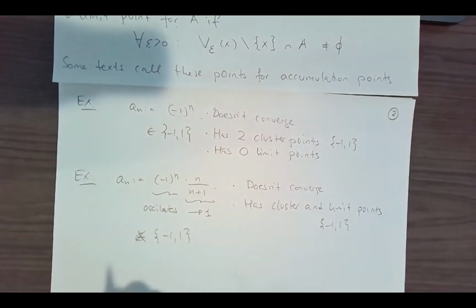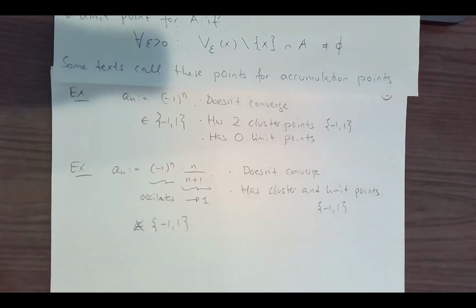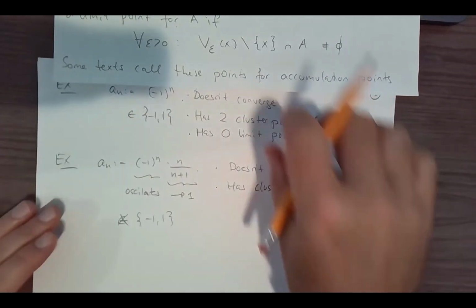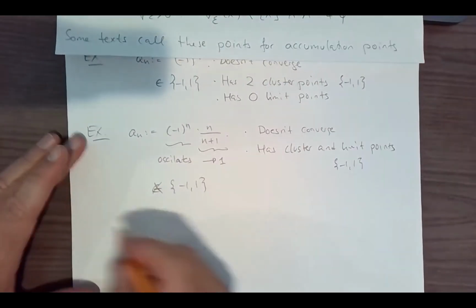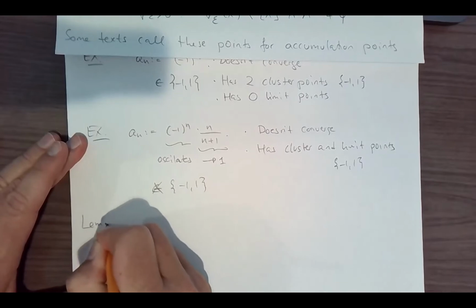So this is what we had last time. Oh, so why is it called a limit point? Right, this is hidden in this lemma here. I want to prove that one.